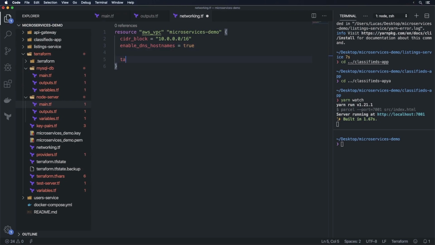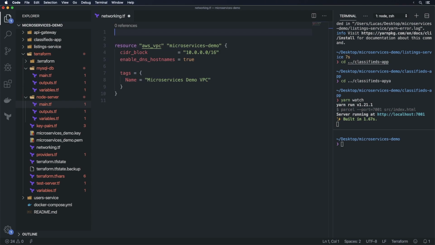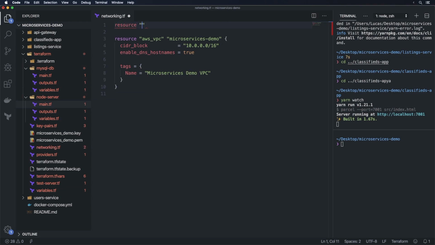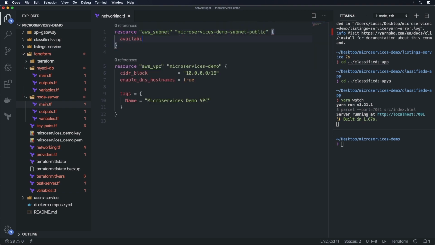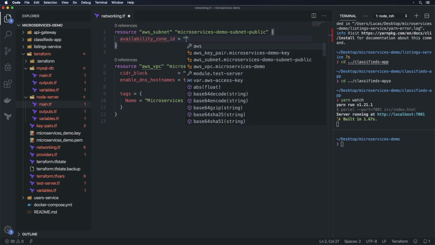So we have that there. And for tags, we do name equals microservices demo VPC, like that. So this is going to be our VPC for our microservices demo. Now, in addition to this, let's go on top of it and create resource aws_subnet. And this one's going to be microservices demo subnet public. So this is going to be our public subnet, and it's going to have an availability zone of